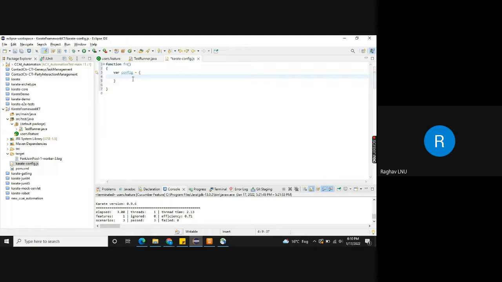Okay, so here I'm just giving the name baseUrl. This is the syntax, like a semicolon, and it passes the URL. So it's our base URL. Okay, and